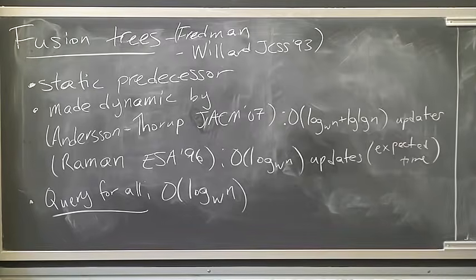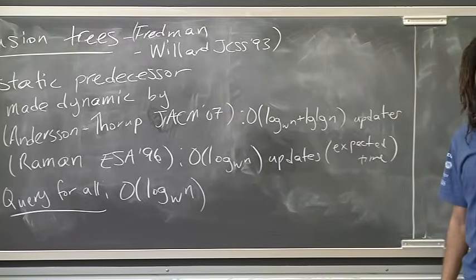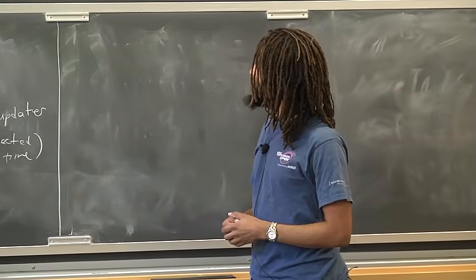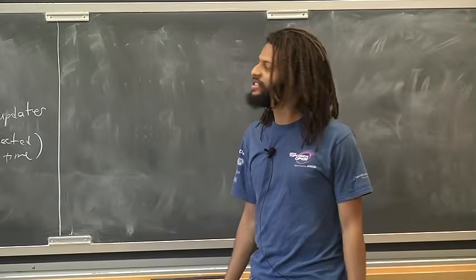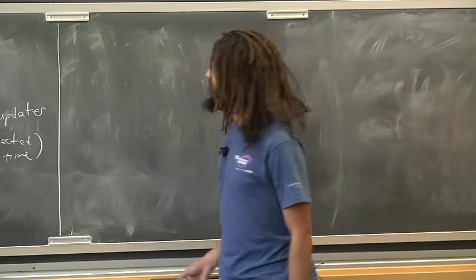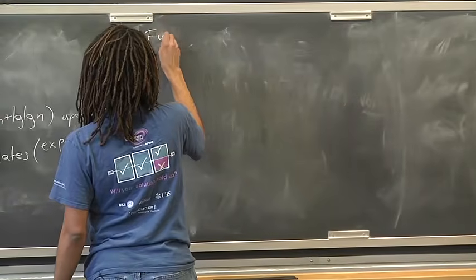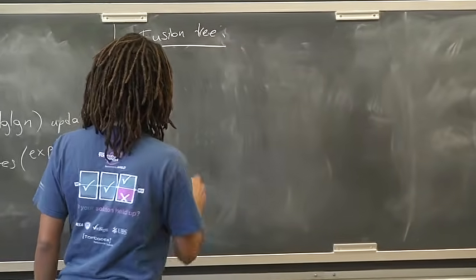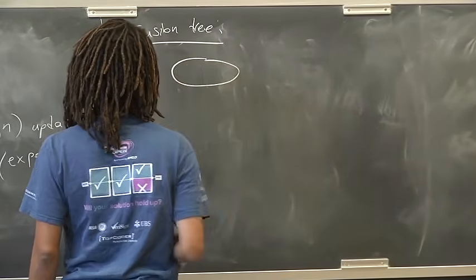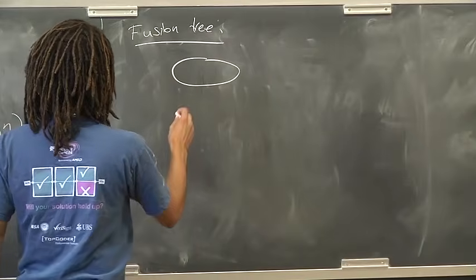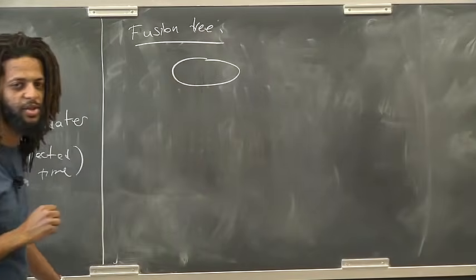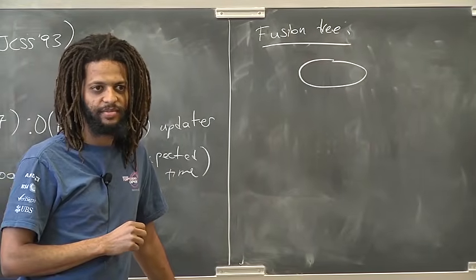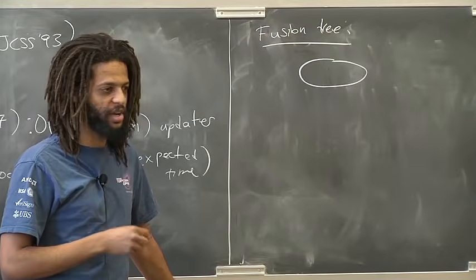So the basic idea of fusion trees is to have, instead of binary search trees, k-ary search trees where k is bigger than 2. So a fusion tree looks something like this. Actually, just a show of hands, who here has seen or heard of either 2-3-4 trees or B-trees? Okay, so a large number of people, but not everyone.